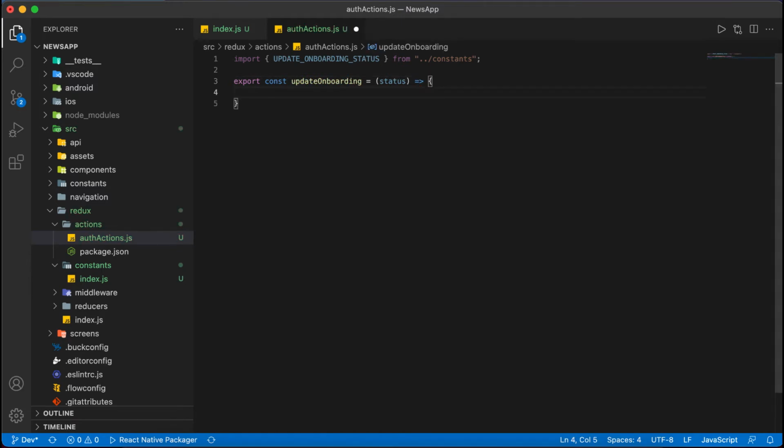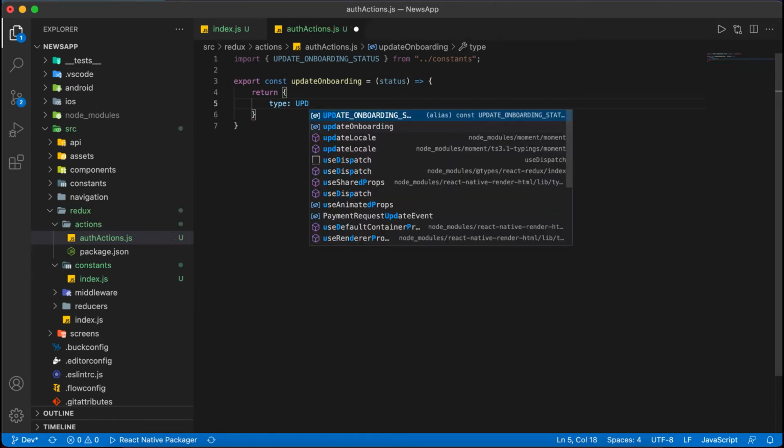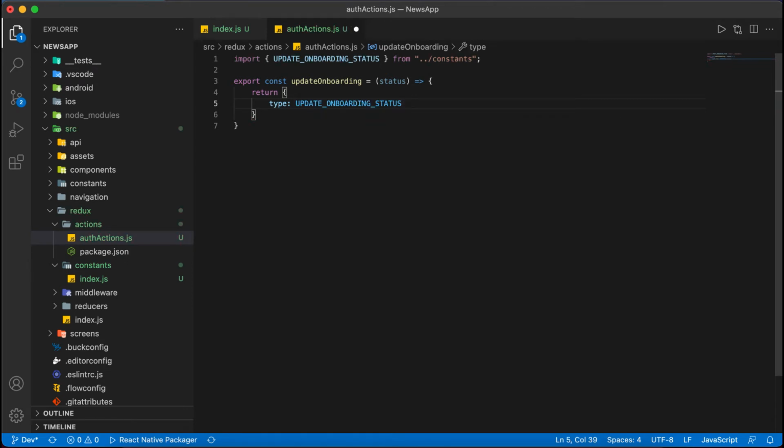Now inside this function we will return one type. That will go to the reducer and check what to do. So here you can see that this is taking the type parameter. That will go to the reducer and check the reducer type there, and according to the type it will do the operation.